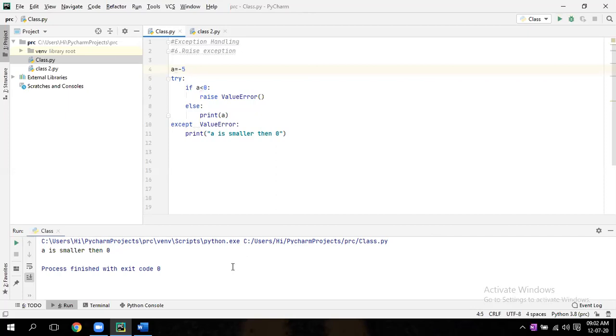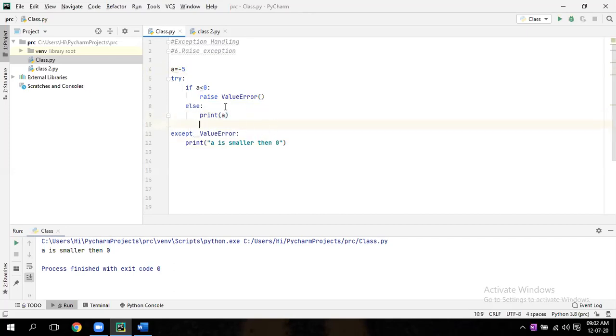So in this way also you can handle it, you can raise an exception. What do you mean by raise exception? Here, if A is smaller than 0, raise value error. That means it will directly check for the value error. Where is the value error? In the exception block. It will come here and then do whatever you want.